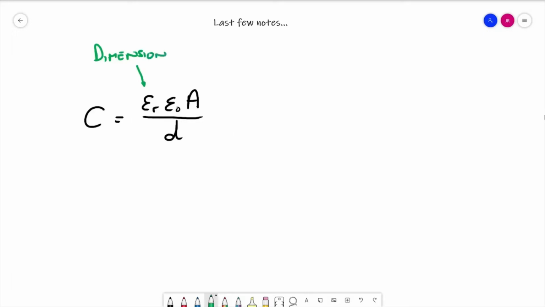So just to round off the video, just to dot some I's and cross some T's on this. Firstly, let's go back to the equation. So C is epsilon R, epsilon naught A over D. Obviously, one thing we haven't looked at in much detail so far is unit. So let's just round that off. Well, epsilon R we know is dimensionless. Epsilon naught has the unit of farads per metre, area metres squared, and separation of the conductors will be measured